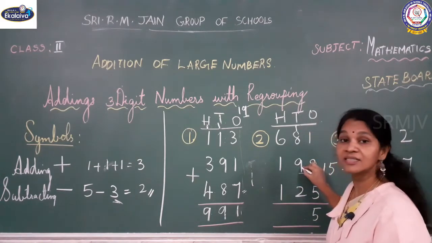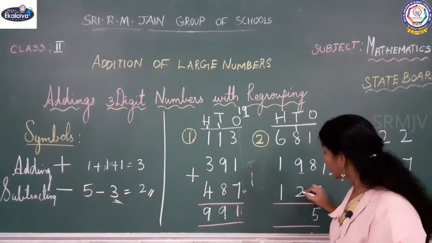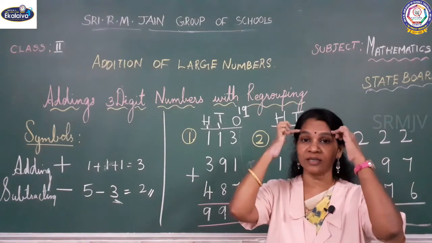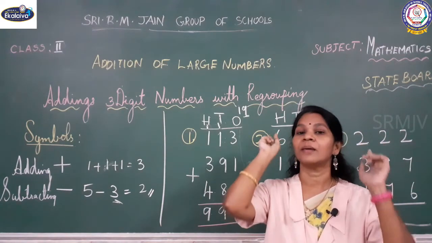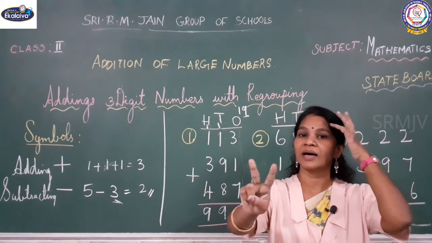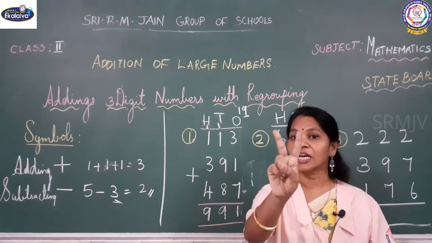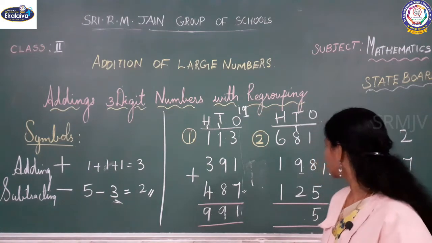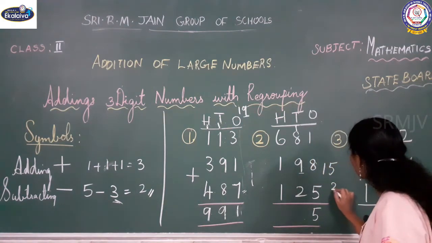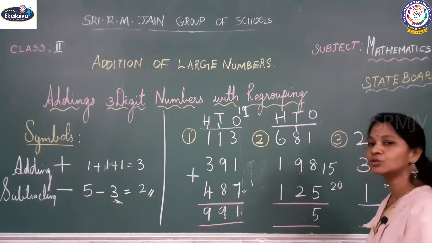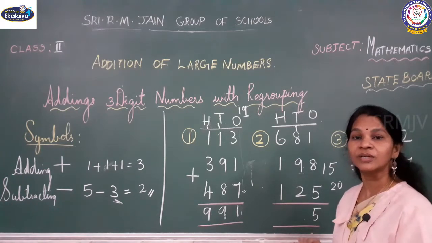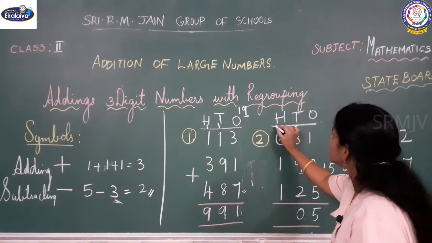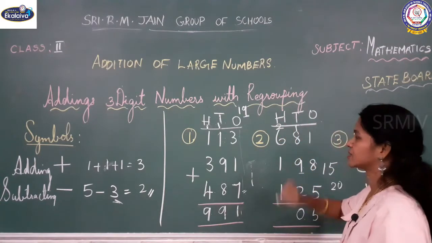9 plus 9 is 18 and 18 plus 2, we don't have 18 fingers, no? So 18 should be in our mind. 18 plus 2. 18 in the mind and 2 on the fingers. 18 after, 19, 20. Okay, 20. What do we have to write? For 20, what do you have to write here? 0 or 2? Yes, 0. And 2 in the hundreds place.